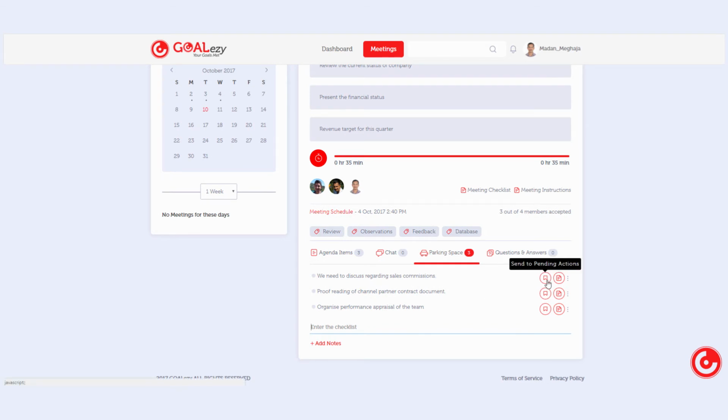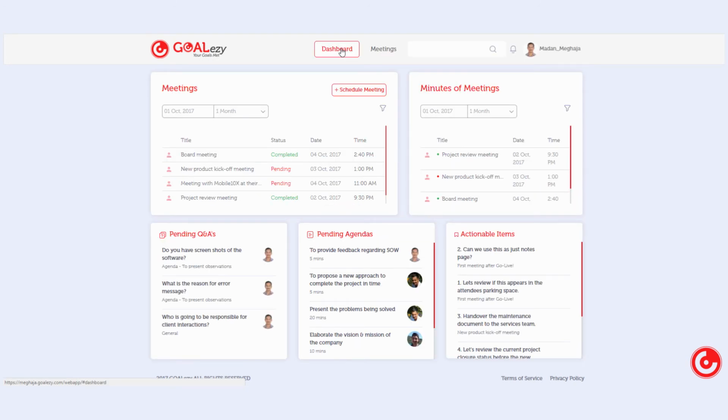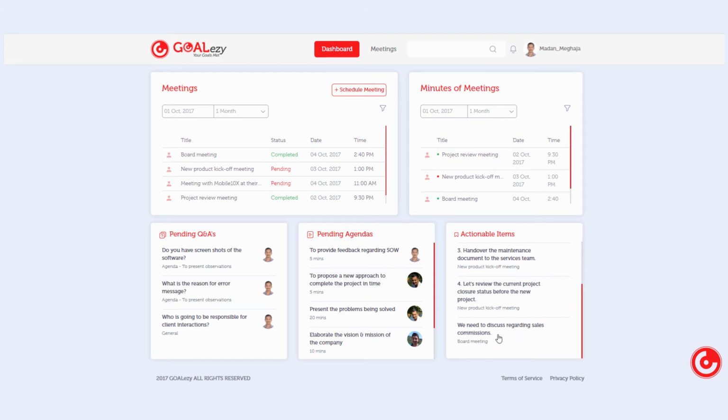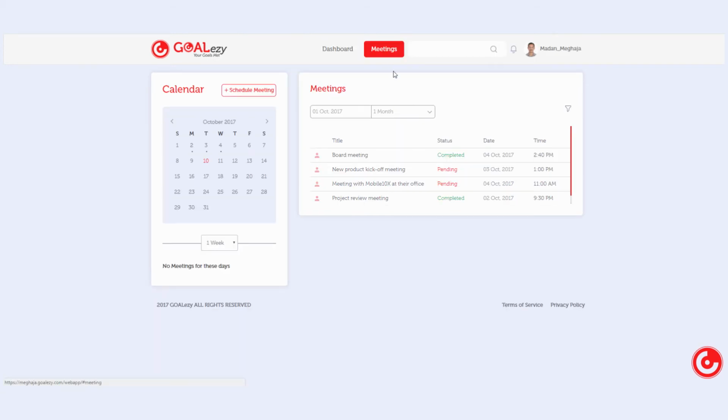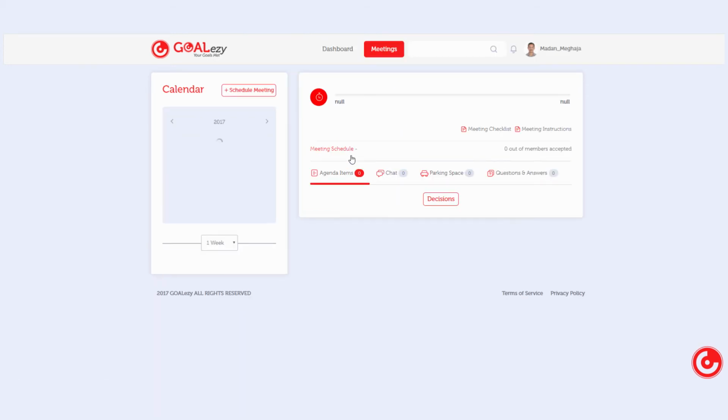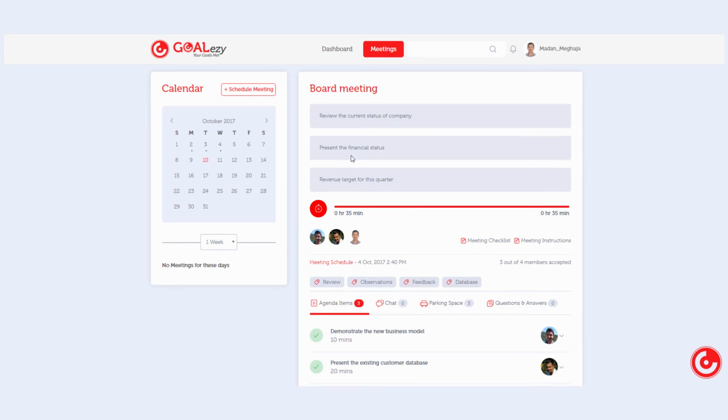Click the Send to Pending Actions option to have them displayed on the dashboard for easy reference and to draw attention. Let's scroll down to the Actionable Items section to see the latest item. Returning to the meeting screen and parking space panel,